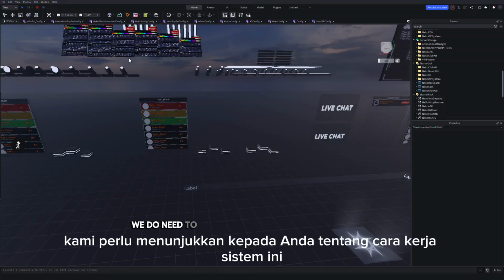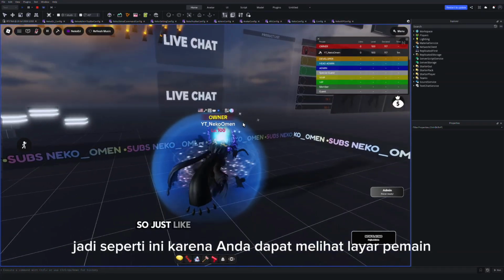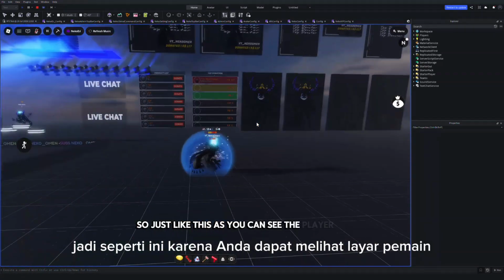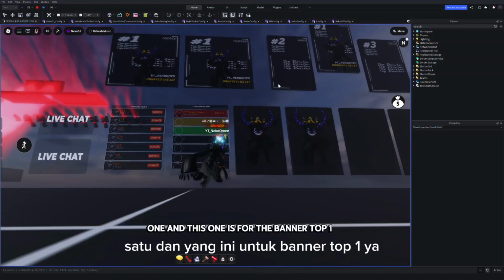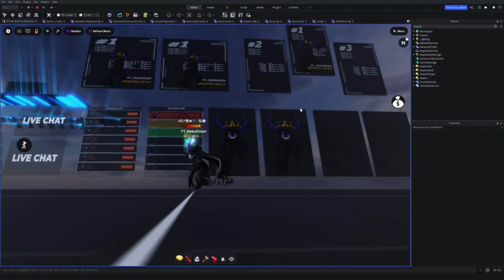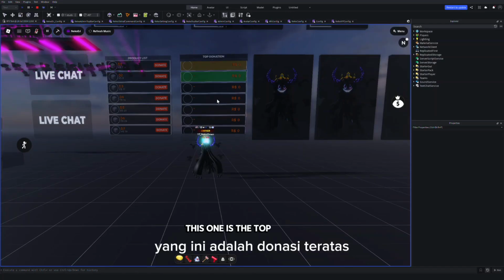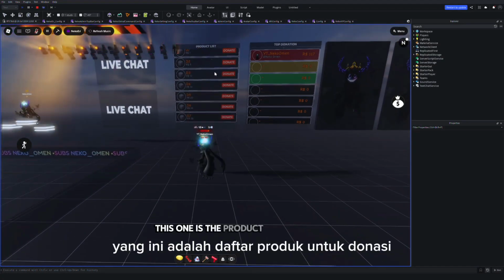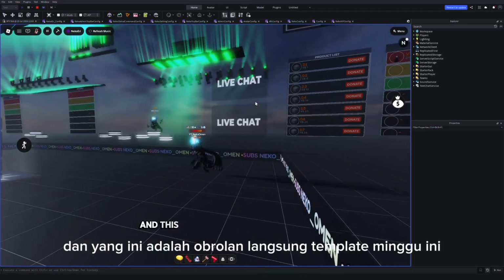Now, we do need to show you how this system works. Let's see in game. Just like this, as you can see, the player screen, this one is the top one, and this one is for the banner top one. If we don't have top 2 or 3 just yet, it will stay empty. And this one is the player screen, and this one is the top donation, this one is the product list for donation, as you can see right there. And this one is the live chat,